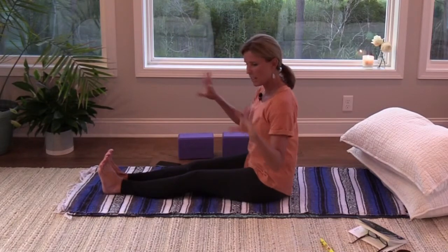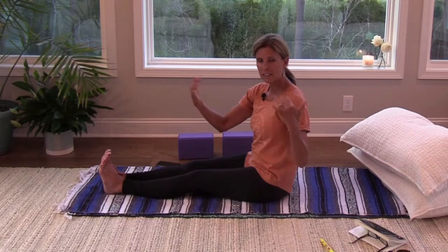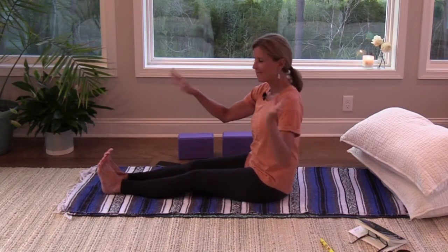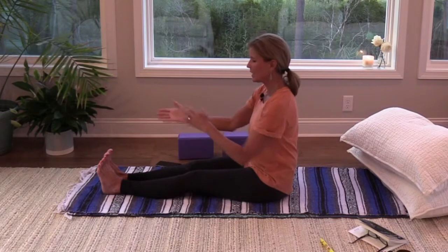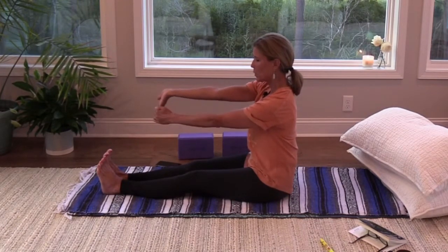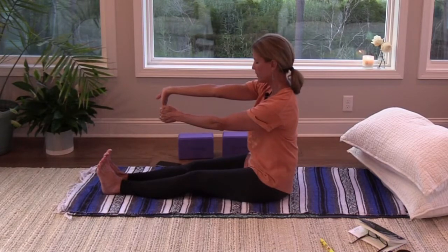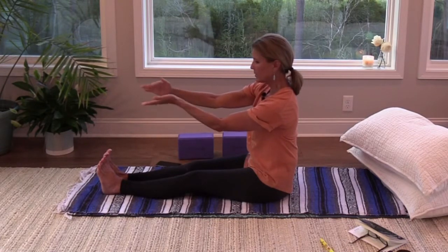Rotate your wrists out here, going one way and then the other. Good. Let's take our wrist and point those fingers down, pointing your palms forward, and just stretch out the forearms, and the wrists, and the fingers. Good. And then switch,